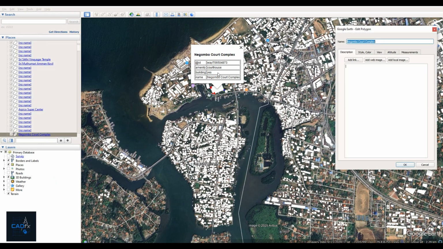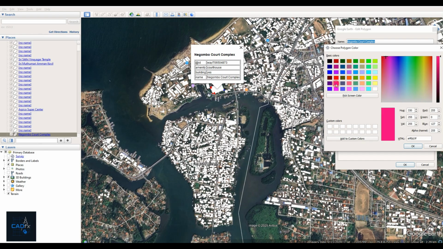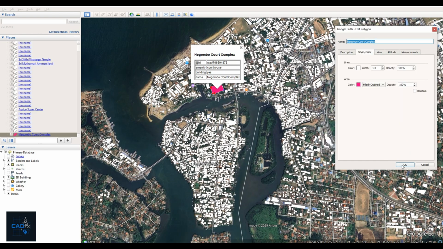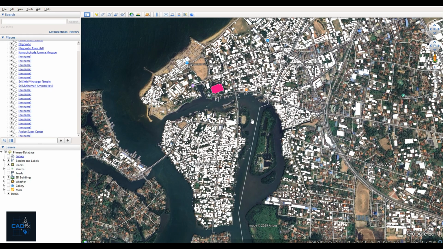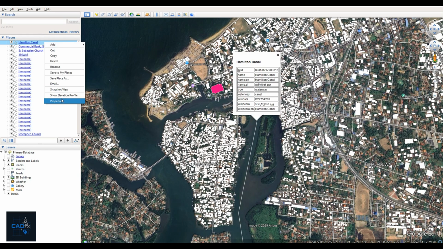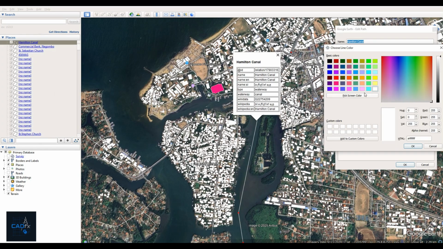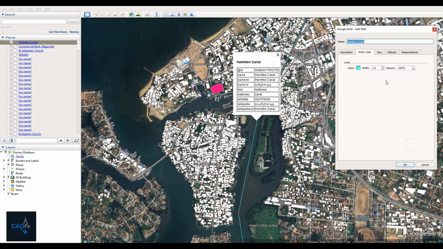It's perfect for when you're preparing a presentation or need to show a project's details. From here, you can customize all the details to match your project's specific requirements. I've already covered how to customize object properties on Google Earth in a previous video, so if you want to